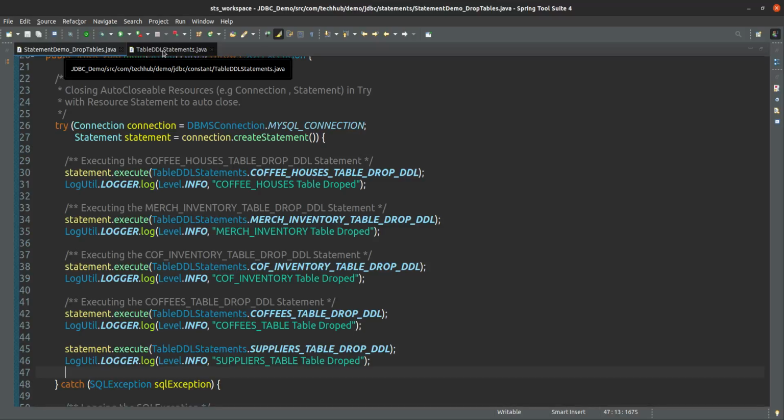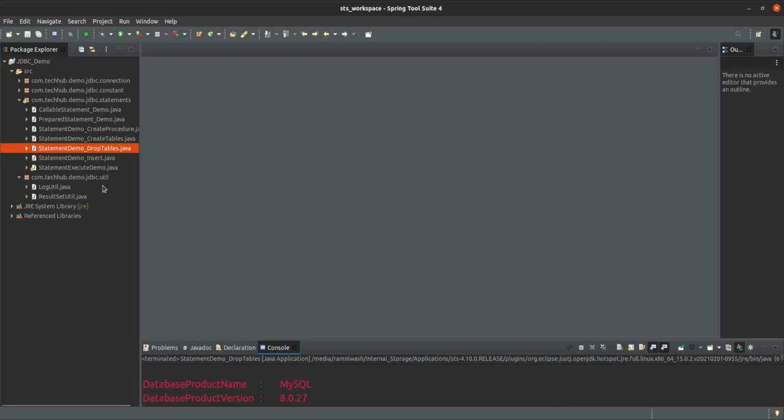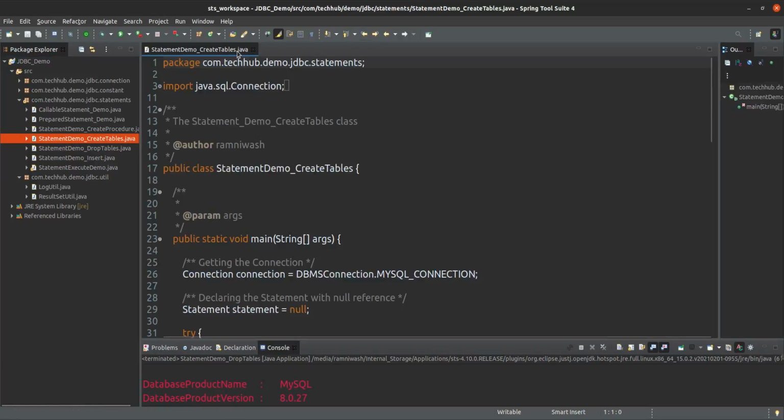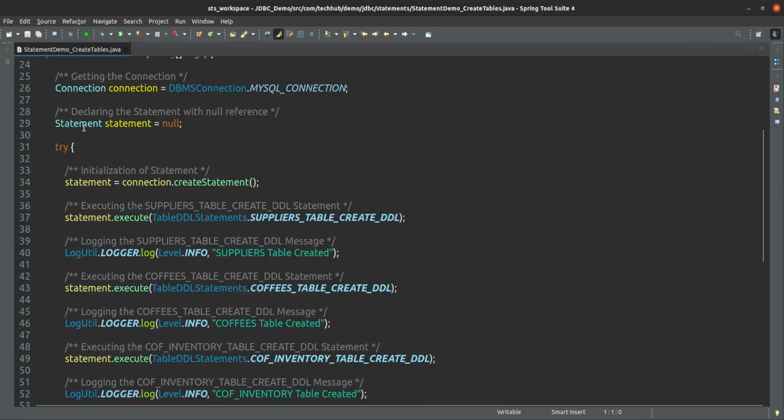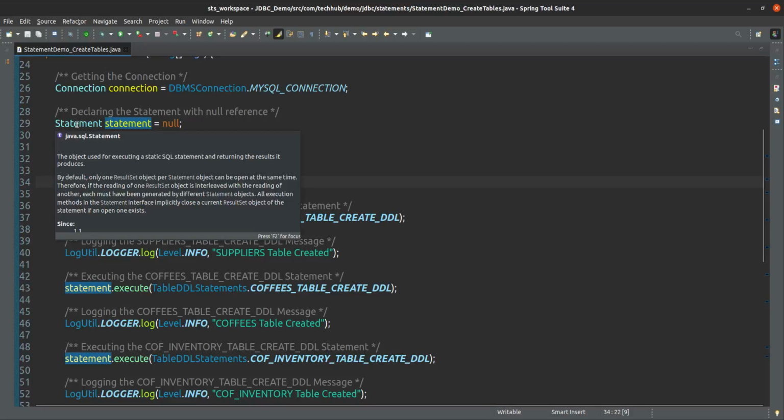So now what we will do, we will create the tables using statements only. If you see the example of create table, there also we are using statement only. From this connection we are getting the statement, create statement, that is a simple statement only from java.sql.Statement.